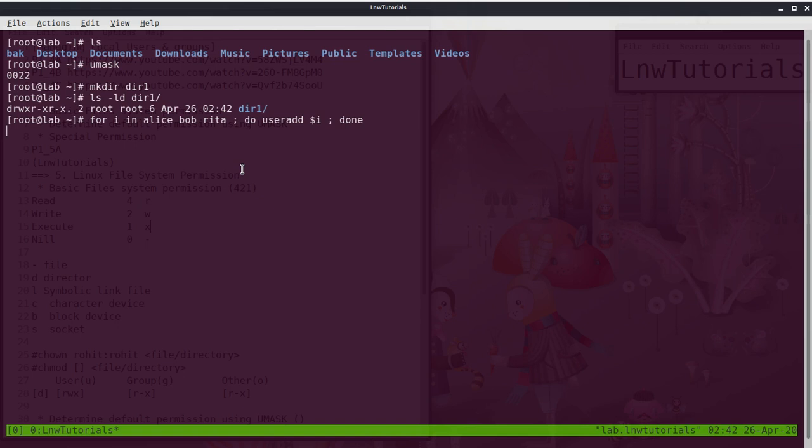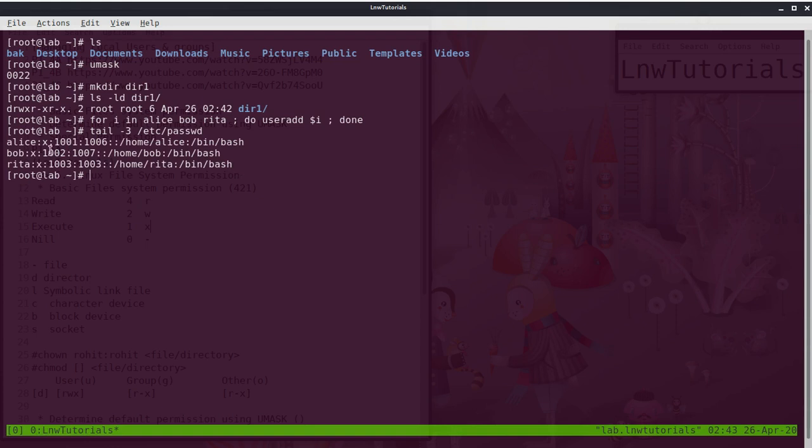It's creating the three users right now. It's done. Then tail -3 /etc/passwd. Now the three users, Alice, Bob and Rita, have been created. Perfect.